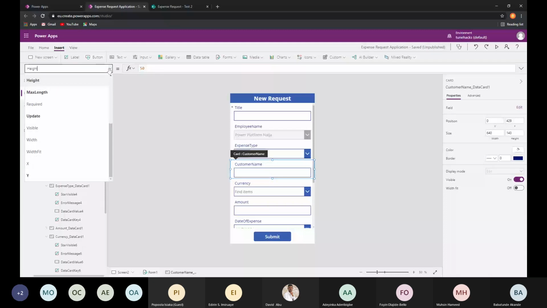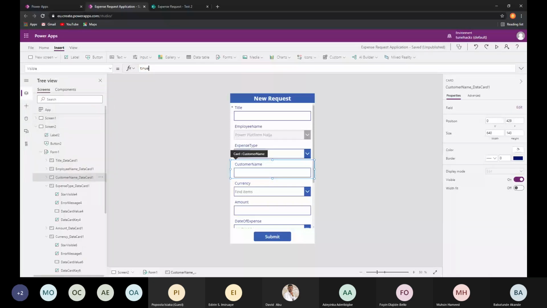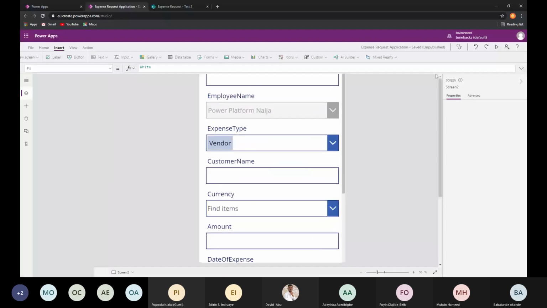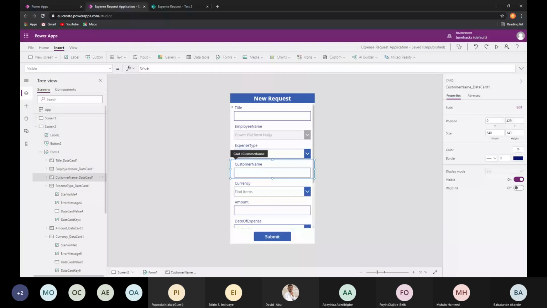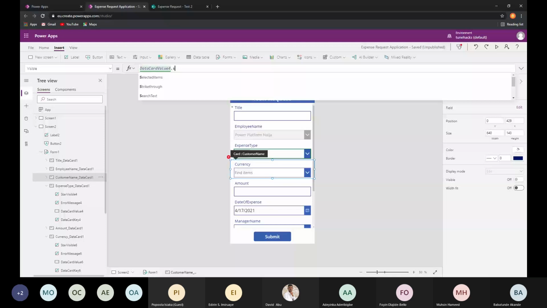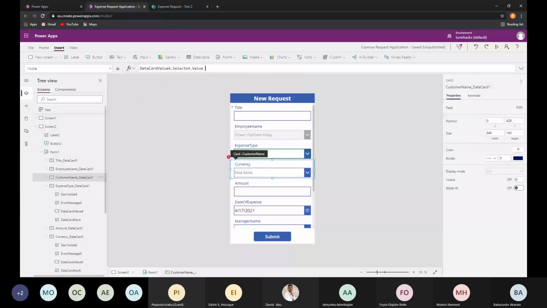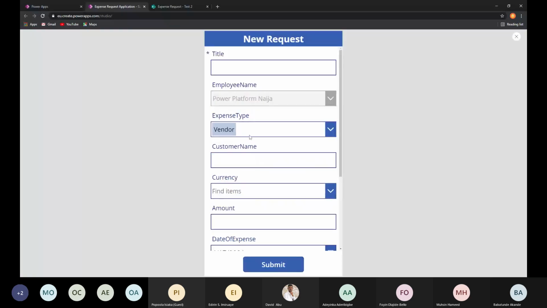I can then change this visible. So let's say visible, and I want it to only be visible when I select vendor as my expense type, right? So I can say, let me select customer name now. Data card value 4 dot selected dot value is equal to vendor. What that means is my customer name field will only be visible when I select vendor as my expense